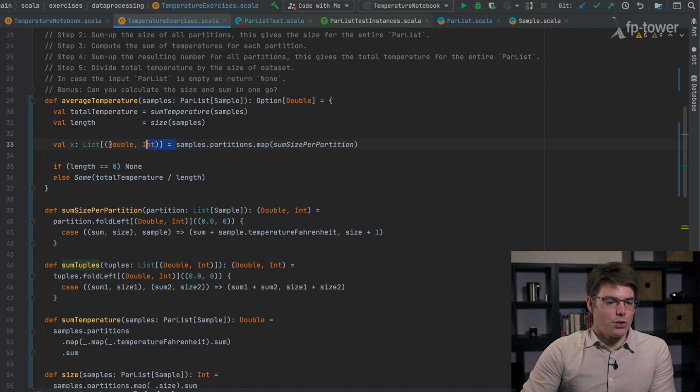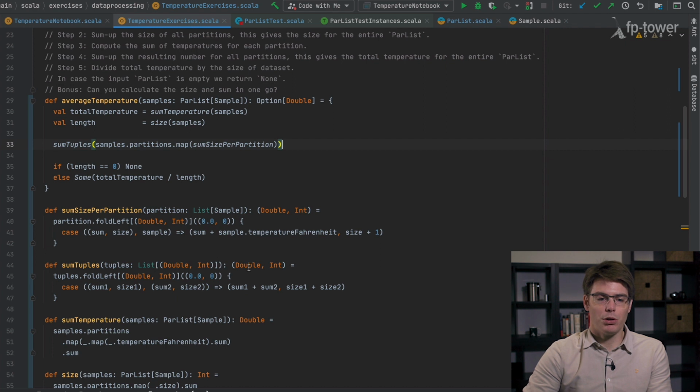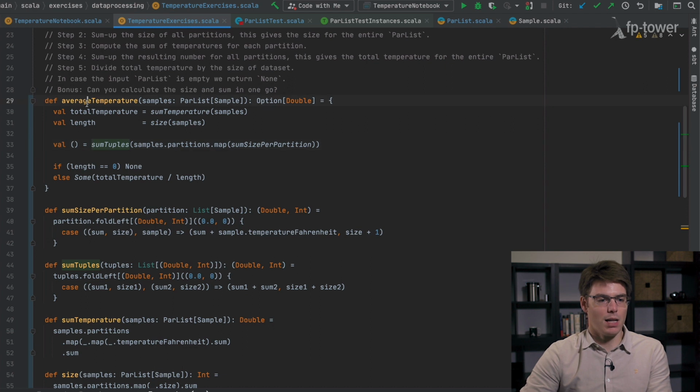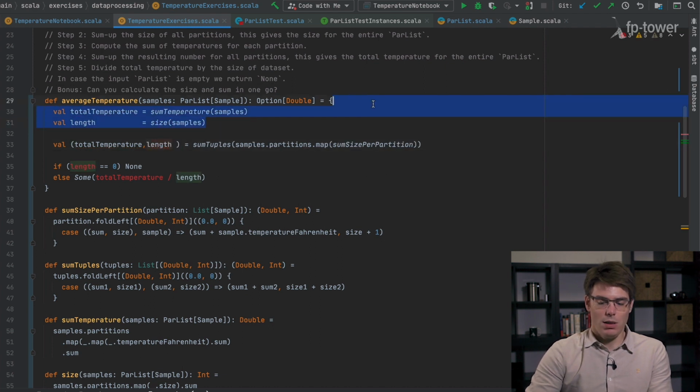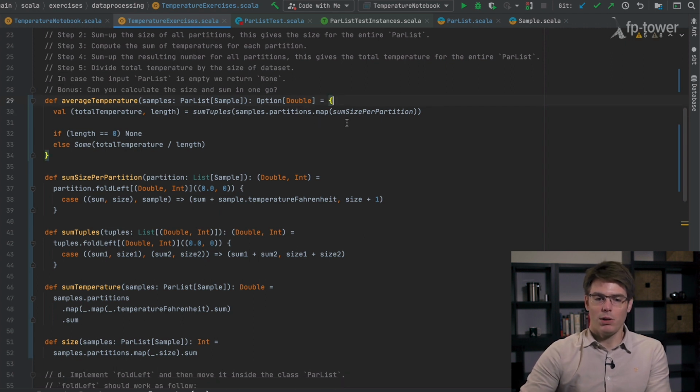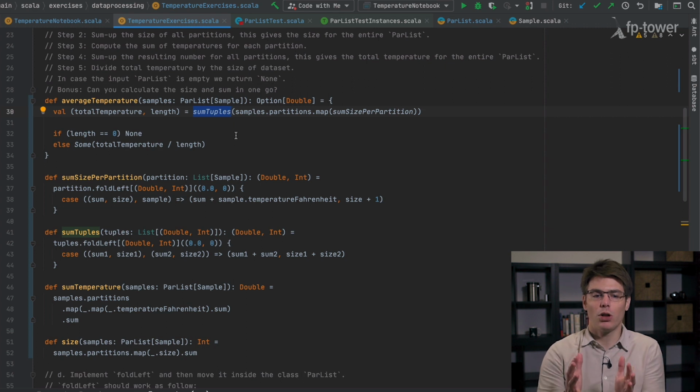Okay, so now that we have this function, we can call it on this, and this will return a single tuple. So we could define here, I don't know if I've shown you this syntax, but because this returns a tuple, we can straight away pattern match on a tuple this way. So this will mean, here we are folding the samples in one go, then we are folding each partition, then once we have our list of intermediate results, we fold all the tuples together. This will give us a single tuple, and we pattern match on it straight away.